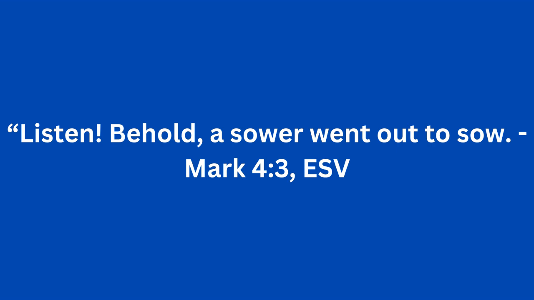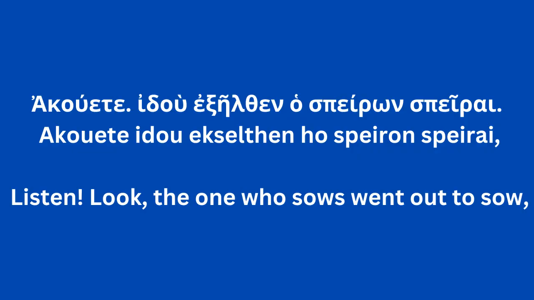Listen, behold, a sower went out to sow. So let's take a look at it in Koine. Akuate, idu, exelthen, ho speiron sperai. So akuate, listen. This is a present active imperative second person plural. He's telling his audience, this is Jesus speaking in the narrative, he's telling his audience, listen, hear, acoustics is what we get from this word, right? Pay attention,